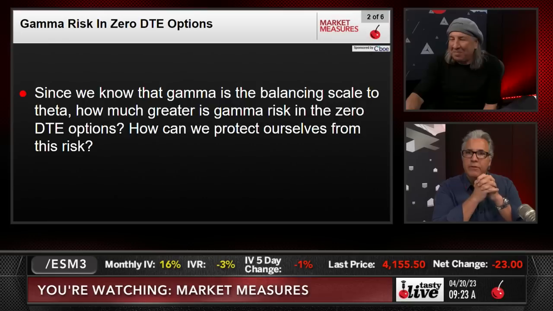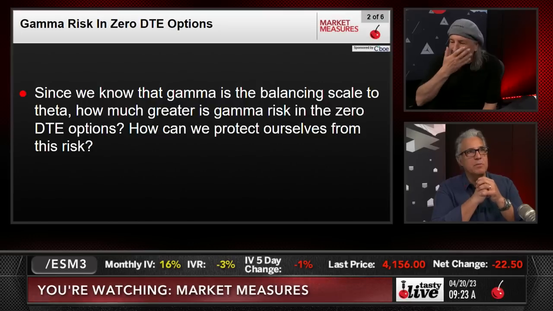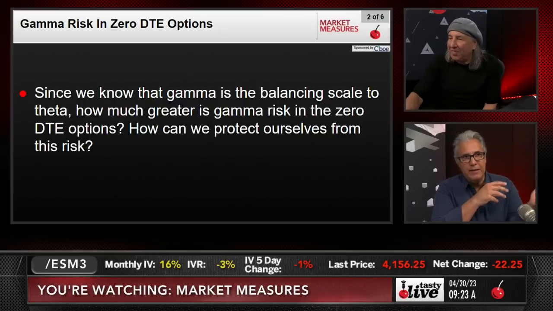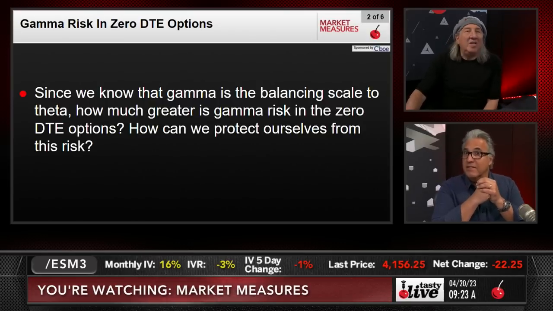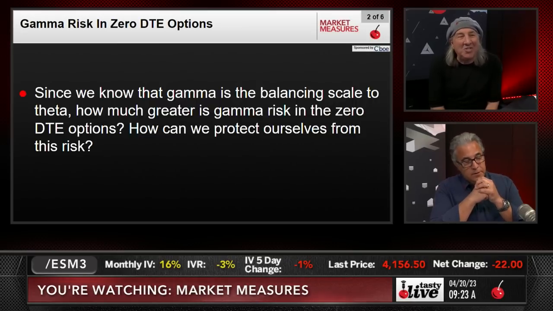I don't know other than size. I mean, strategy. With SPX options to be short, you're more than likely going to be in a spread, so you're not using as much buying power as you would for a naked option. That's 50, 60, 70,000. The answer I believe we're going to get to here is that the way to protect yourself from risk is you can't let things go to the end of the day, because that last